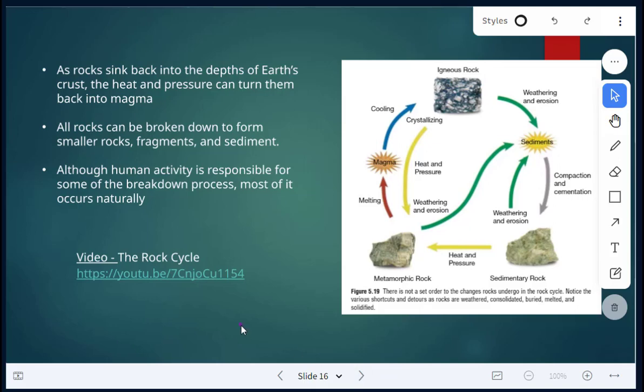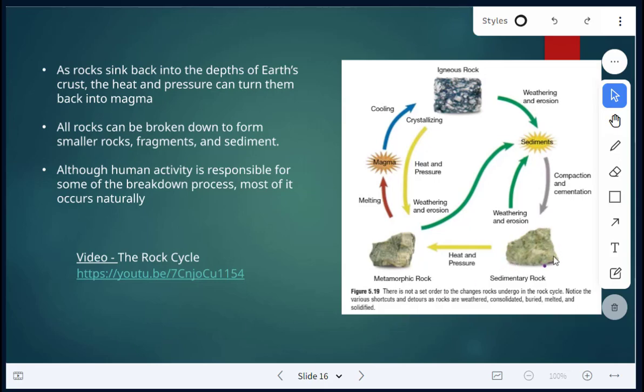So as rocks sink back into the depths of Earth's crust, the heat and pressure can turn them back into magma. And then all rocks can be broken down to form smaller rocks, fragments, and sediment. So human activity is responsible for some of the breakdown process, but most of it does occur naturally. So looking at this diagram here,